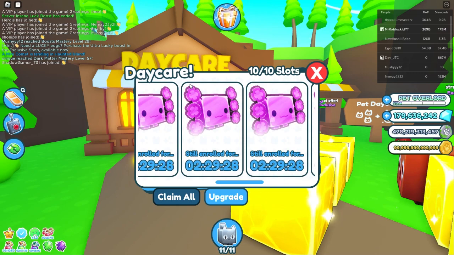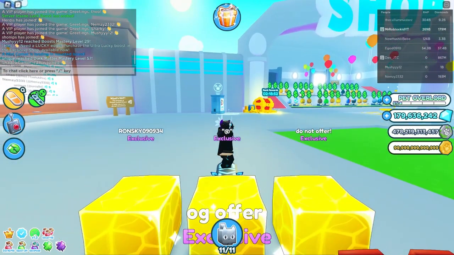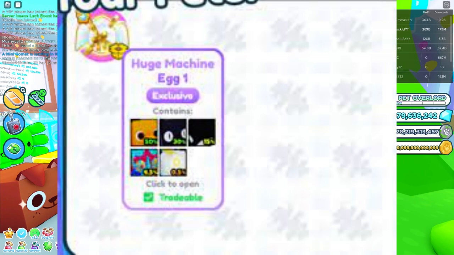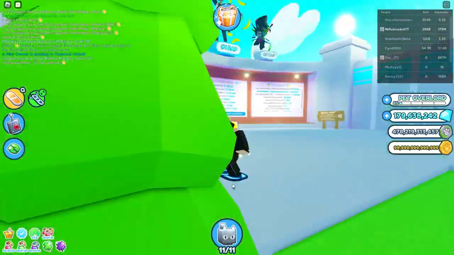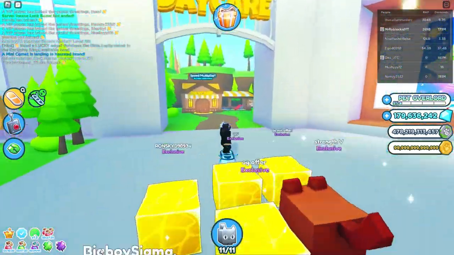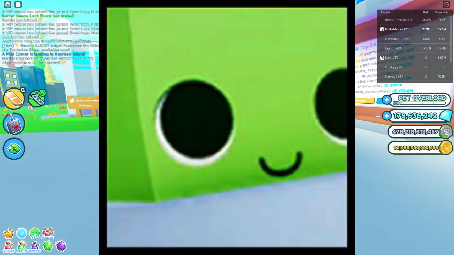You have a chance of getting a huge machine egg, which can have any of these things on the board. I'll show you right now. Should pop up in 3, 2, 1. Pretty cool, right? And you can get any of those, and this one you can get a huge Meebo and a spaceship, which